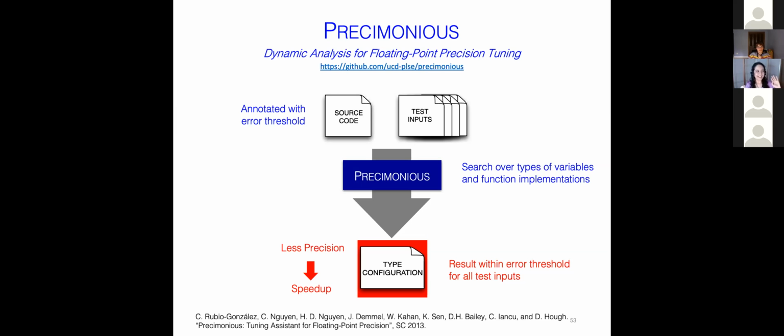If you are the domain expert who wrote the application, hopefully this type configuration will guide you on where to explore. And you will not just go and blindly apply the configuration, although you could also do that. But yes, the limitation is that this does not provide a guarantee beyond the inputs that we consider during the tuning process. There is this work by Eva Darulova, for example, that can produce certification bounds. Would you be able to check using those that actually